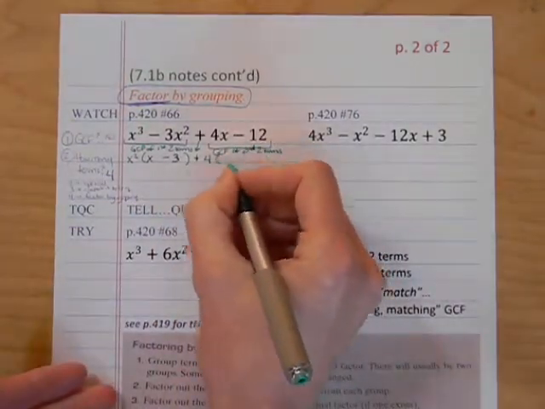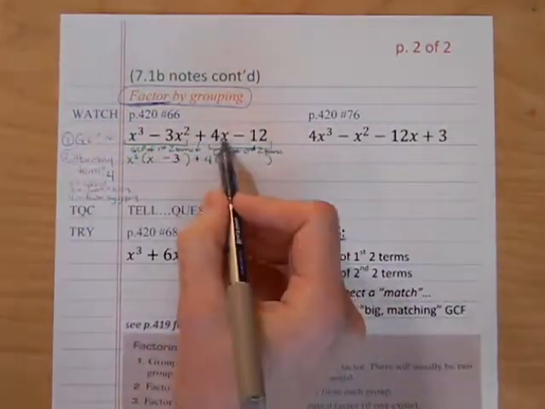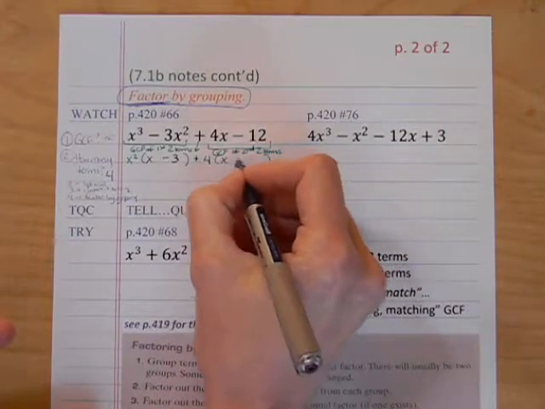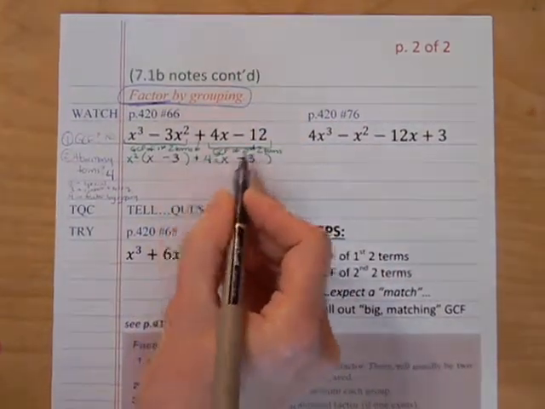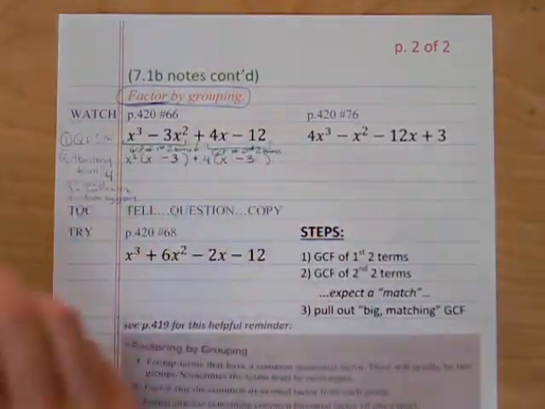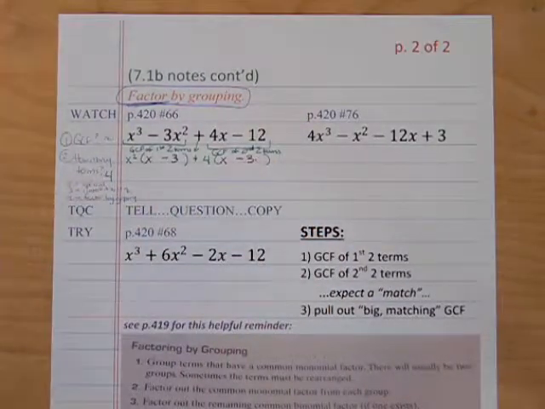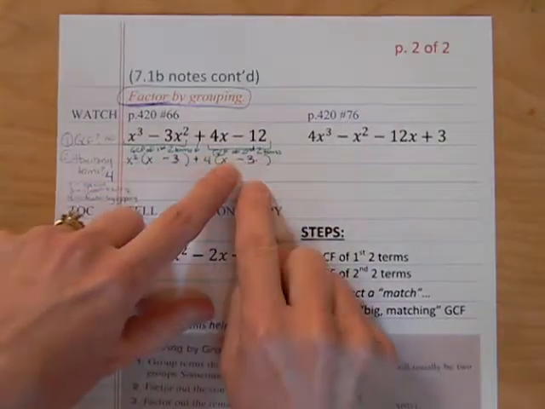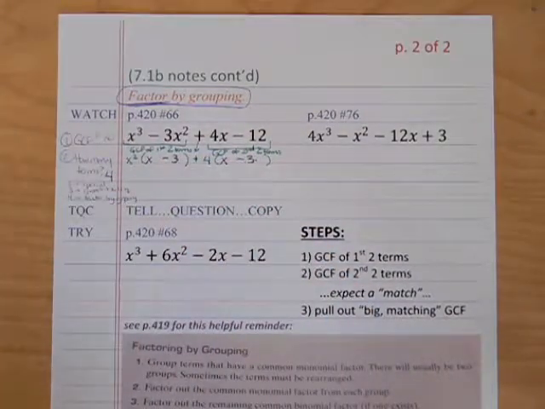And what's left behind after you divide out or undistribute that 4 is an x minus 3. If we were to redistribute the 4, you'd get 4x minus 12, because positive times negative is a negative. Okay? And so you've got the basketball team sitting together, you've got the Spanish club sitting together, and then what